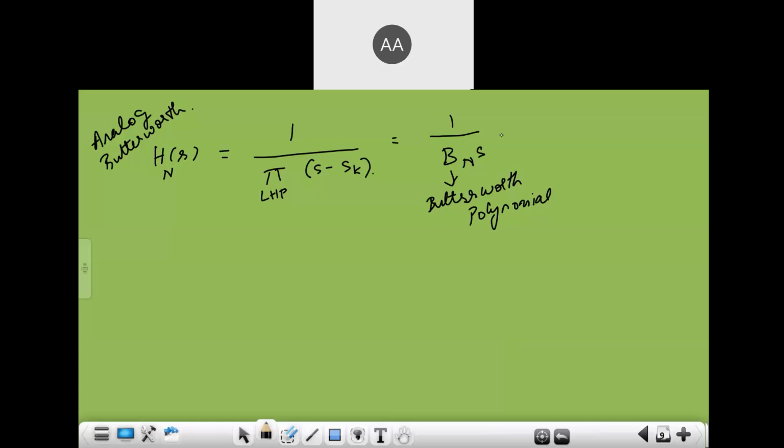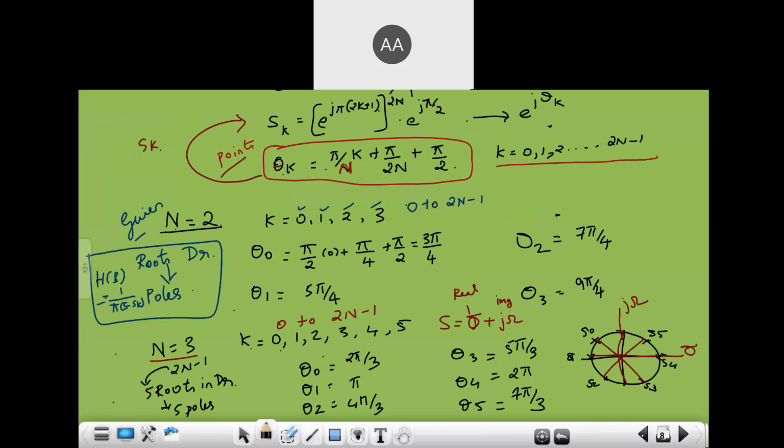Okay. So you can write your analog Butterworth filter like this, and the Butterworth polynomial will be given as Bn of S. All right. So just observe here, students. Whatever k value you got, whatever theta value you got, you substitute as the roots of the equation. Product of S minus Sk refers to the left hand side poles. Left hand side poles.